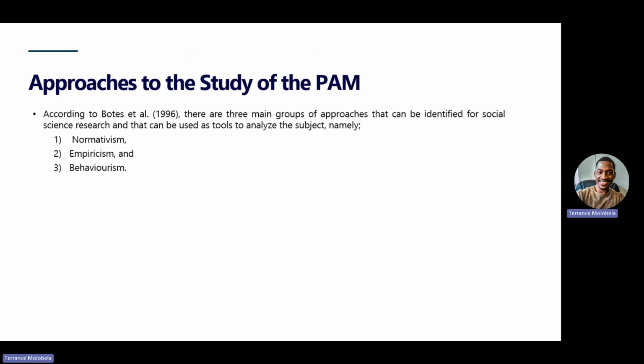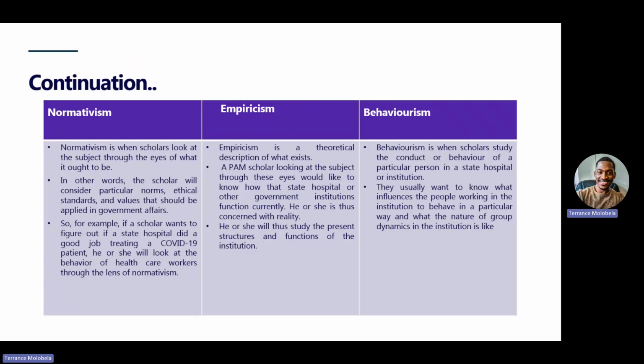Now, there are also approaches to the study of PAM. These are just the three approaches, or main group of approaches, that can be identified for social research, but they are the main ones. Very, very important. The approaches that are applicable, which are also part of this section. So we have normativism, empiricism, we have behavioralism. So these three will be provided. I'm not going to read them. You just have to know that